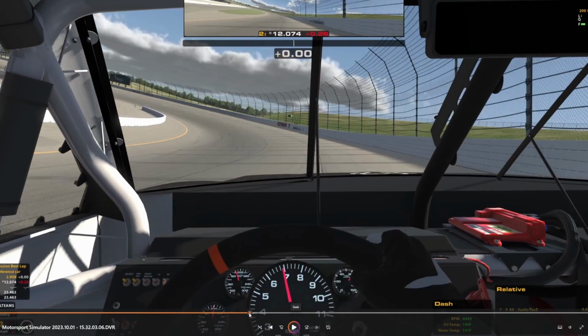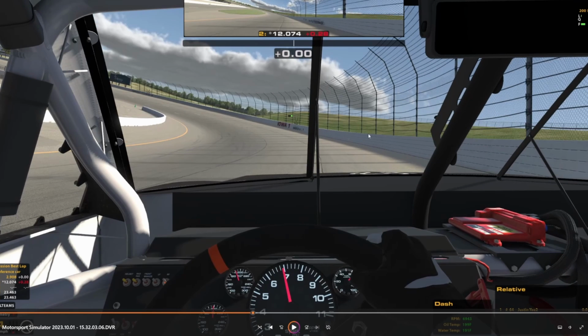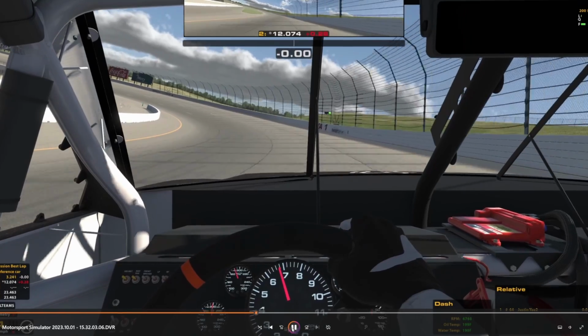If you go any higher than this, like a quarter of a lane, half a lane, your rights will start to get in these nasty bumps up here, and you're never going to run a fast lap like that. So drive here,